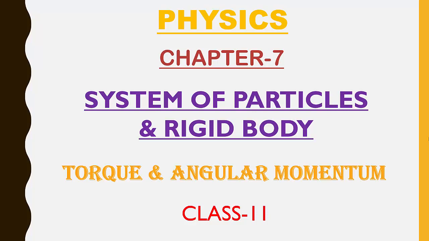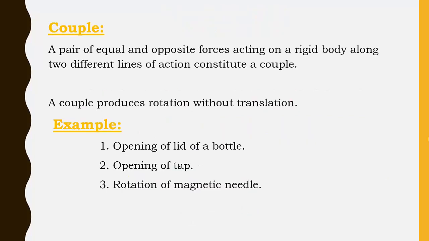In today's session we are going to study two important terms: torque and angular momentum. You can remember in the previous sessions we studied the center of mass and its equation. After that we studied the motion of the center of mass. We derived the equation. Then we studied the linear momentum of a system of particles. After that we derived the relation between linear velocity and angular velocity, which is given by V equal to R omega. Up to this part we have studied. So let us move towards the next part, that is torque and angular momentum.